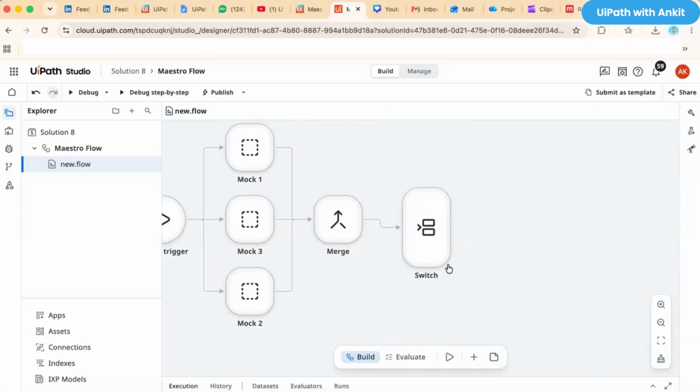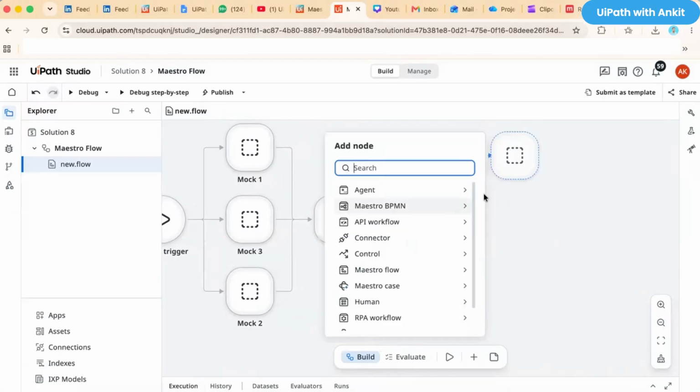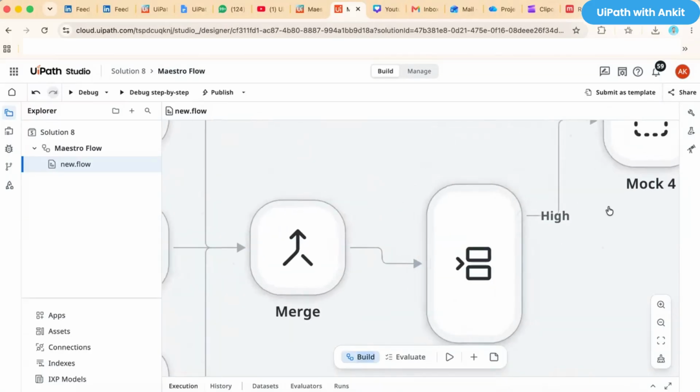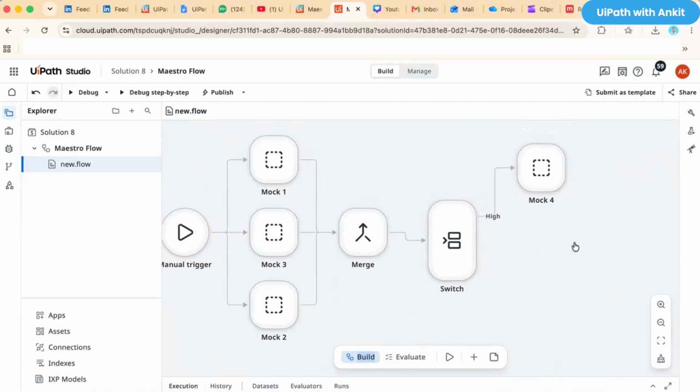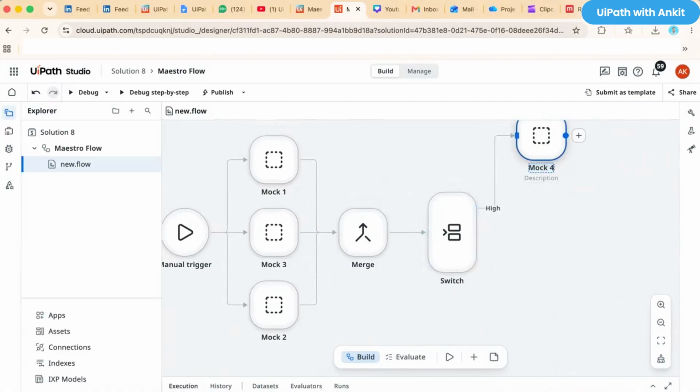And then in the switch case I will add one more mock. It's a simple placeholder, right? For that I do not need to create any other API workflow, and I do not need to create any RPA workflow just to show the example. So I can use this mock node as a placeholder. In mock 4, I'll change this name